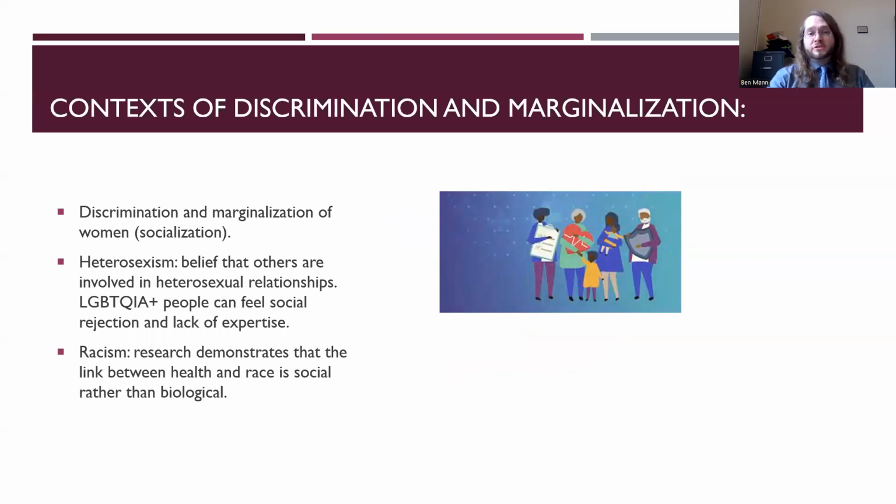Discrimination and marginalization can, of course, be incredibly challenging issues in the field of healthcare. Denying people care, being less able or willing to give people quality care are significant issues. The CREPT article that we are looking at this week does a great job of laying out some of the ways in which health disparities are experienced and the material impacts that those things can have. For example, one challenge is the idea of heterosexism and heteronormativity, right? The belief that others are involved in heterosexual relationships and the kind of ramifications for LGBTQ plus individuals.